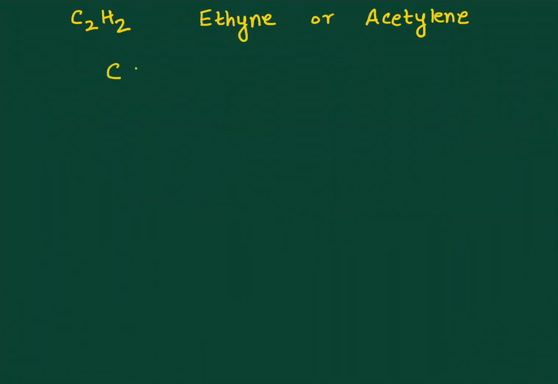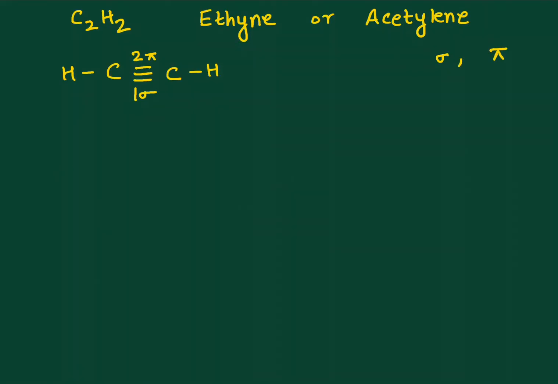We are now going to talk about sp hybridization in organic compounds, and we are taking the example of C2H2, which is also known as ethine in the IUPAC system or acetylene in the common system. Now you know its structural formula, C triple bond C, H and H. In other words, there is one sigma bond and 2 pi bonds between the carbon atoms. Unsure about sigma and pi bonding? There are videos on sigma and pi bonding as well on the channel.